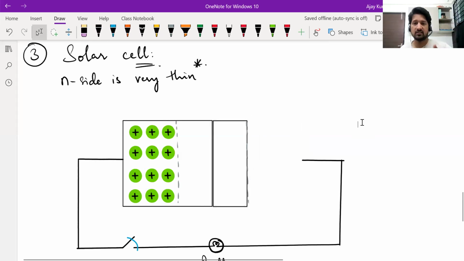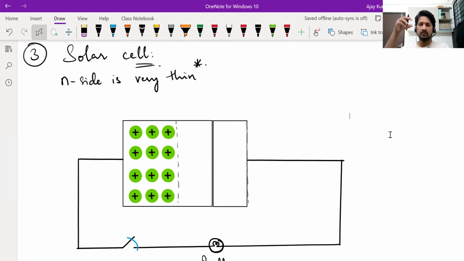See, this is the cross section of the layers that we are seeing. These are not blocks. Fine. The P side and N side, these are not blocks. You have to imagine them like two sheets which are very close to each other. Actually, they are not even sheets which are close to each other. We had discussed the formation of a PN junction, no? On the same semiconductor base, some regions are doped with trivalent impurity, some regions are doped with pentavalent impurity. So some regions become P type, some regions become N type, and they are very close to each other. Electrons can flow from one to the other. So it's like that. So you can see that there is a thick P layer here